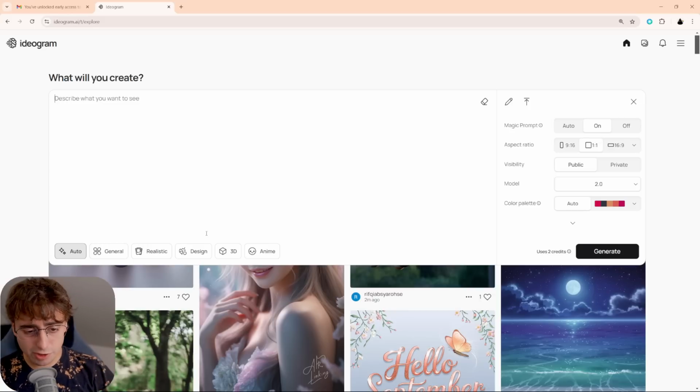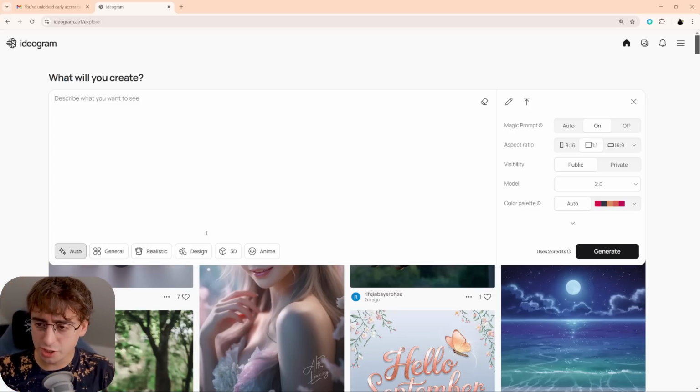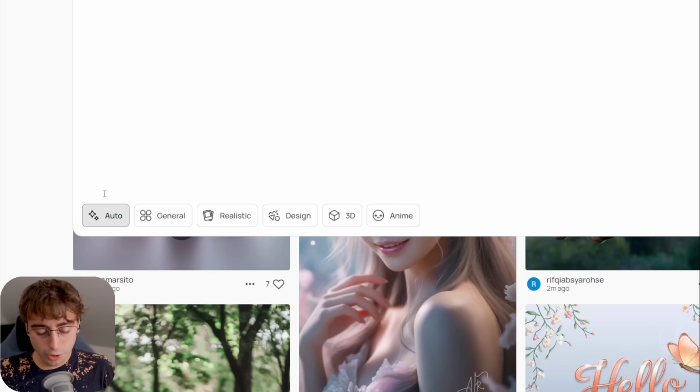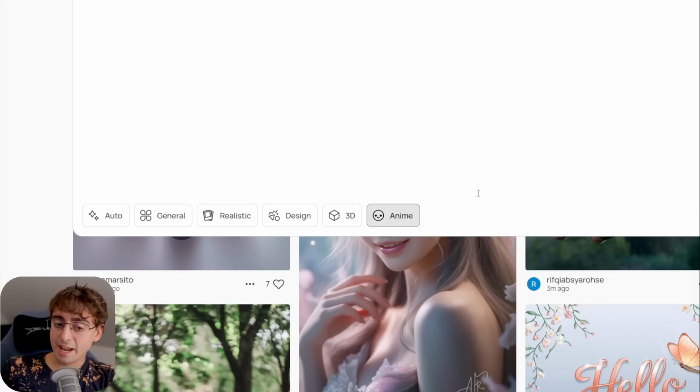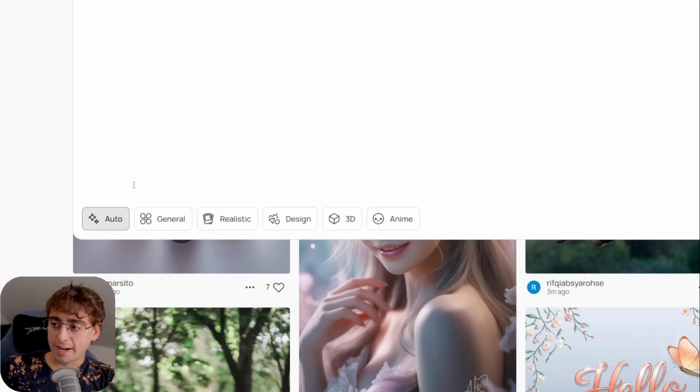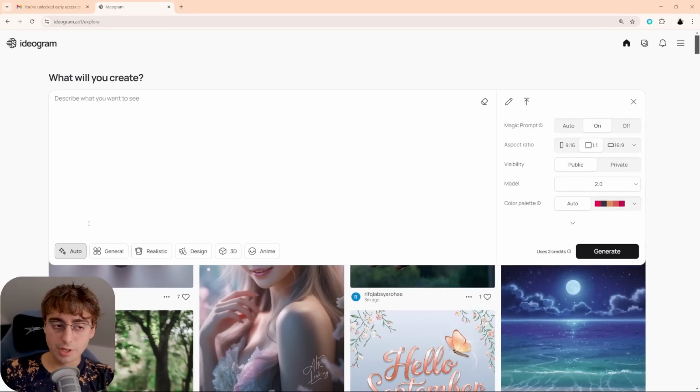They've taken a really interesting approach to 2.0. It's not just a new model, but a whole new feature set. You'll notice in the prompt bar, now down at the bottom, they have auto mode and then 5 different fine-tunes or LoRAs, I'm not sure exactly what they are, but different styles that you can apply to your images. So they've got a general use one, a realistic one, design, 3D, and then anime. I typically leave things on auto and then it detects through your prompt which one of these to use, but I've found these to access a whole new level of power within the image generation that Ideogram AI can provide.